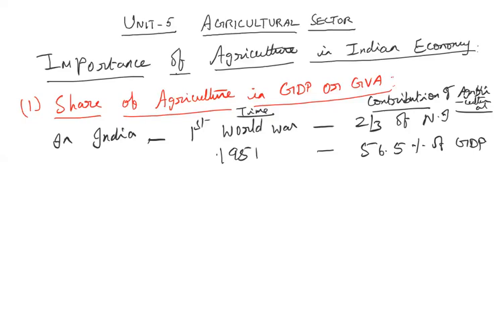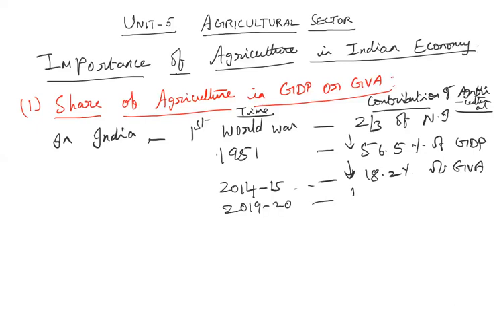Let's fast forward to the recent ones. In 2014-15, it reduced to 18.2% of GVA, decreasing, no doubt about it. Nowadays it is called GVA, as I mentioned. And in 2019-20, it reduced further to 16.5% of GVA. Even though from two-thirds of national income to nearly 16.5% of GVA,